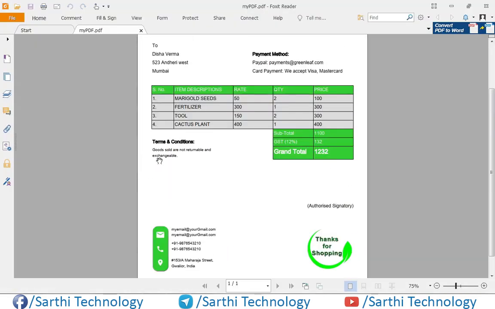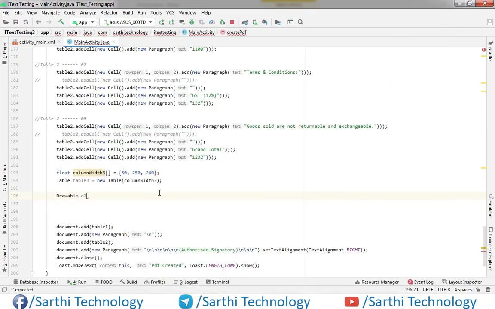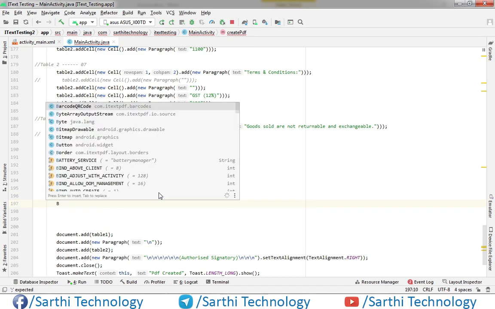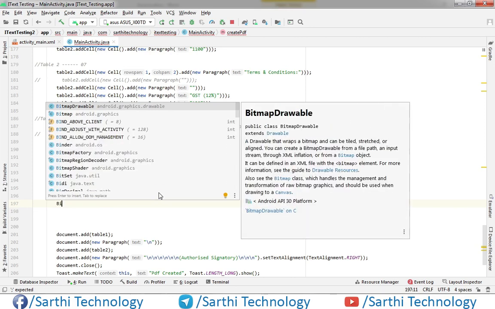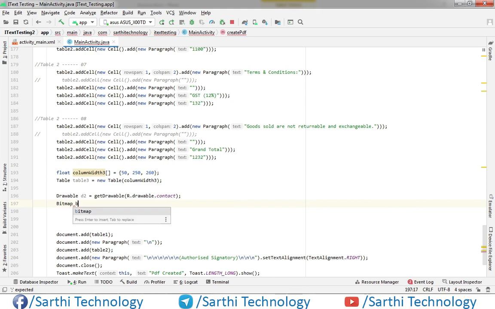So here this will be D1, then D2 and D3. So D2 equal to get drawable R dot drawable dot contact. Okay, now bitmap, bitmap 2